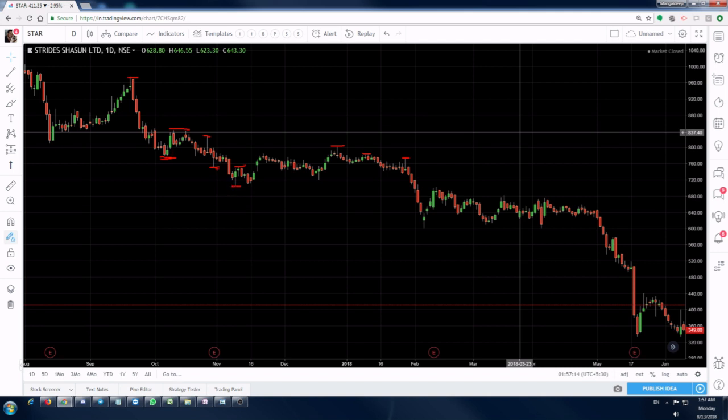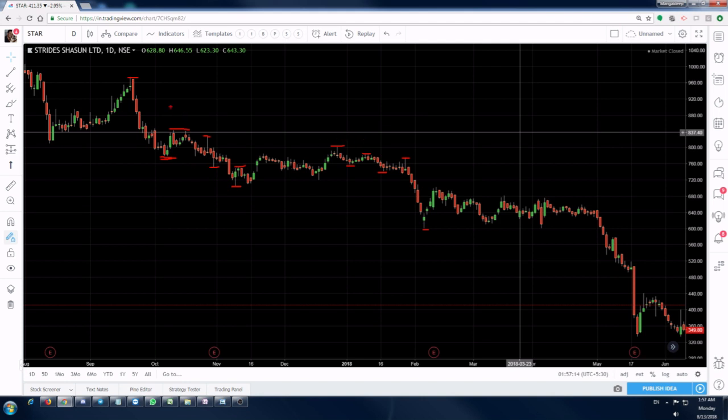This low is lower than this low. Similarly, this is a low, but this low is lower than this low, and this low is lower than this low. So what do we say in trading terms? We say that star is making lower lows. Okay, so we come to know about the trend of a particular stock if the stock is making lower lows